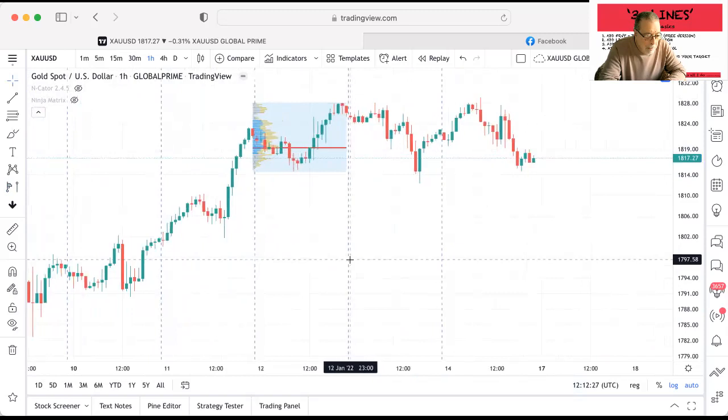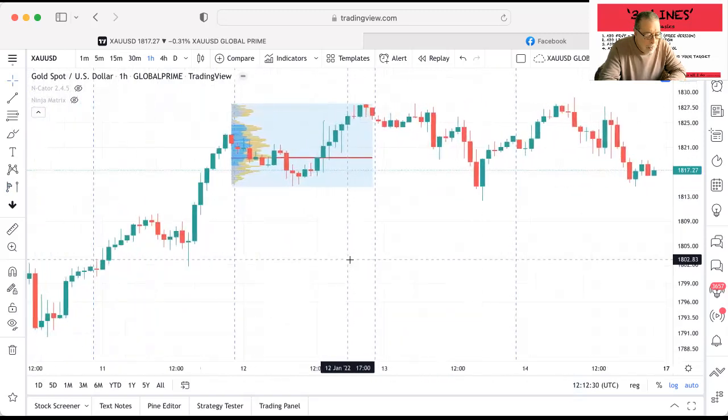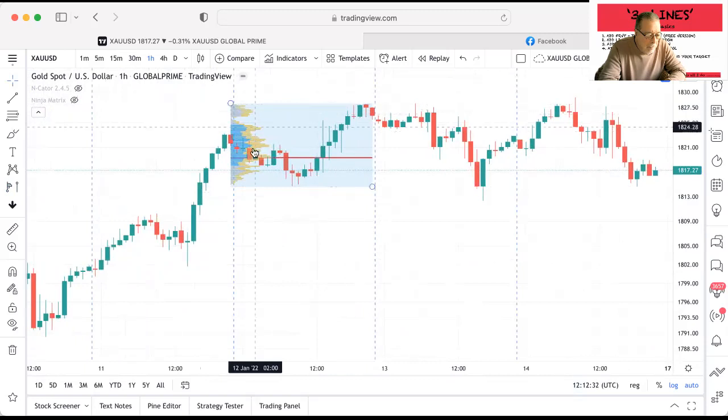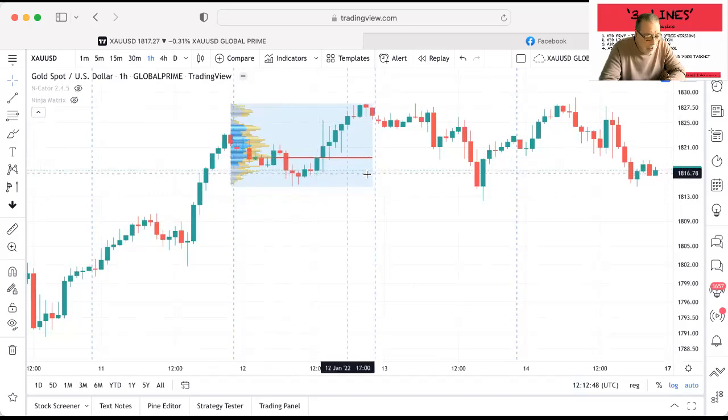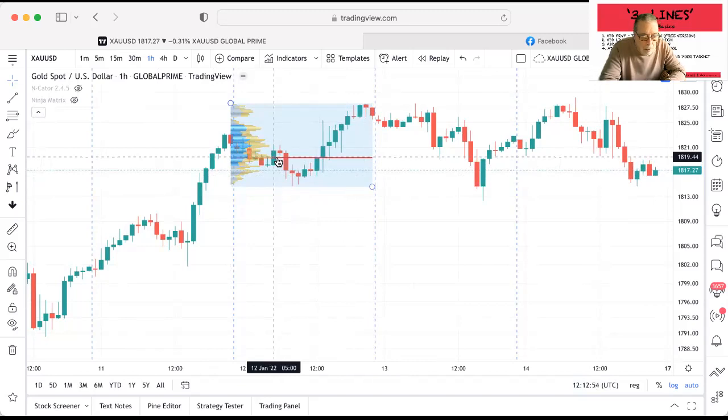What it shows me, if I zoom in, you've got these bars along the side, and it's showing me where the most activity at each particular price occurred. So during this day, the whole day, the highest volume of activity was at that point there, which is a price of 1819.44. There are other lesser peaks, one there, one there, one there,